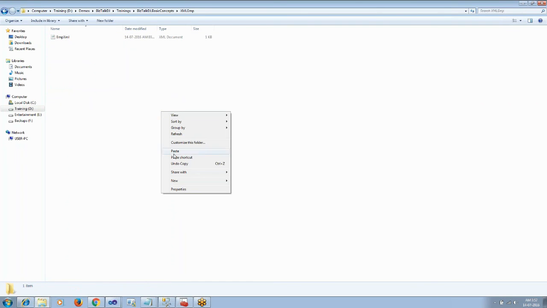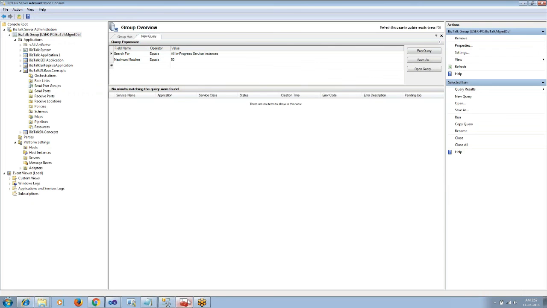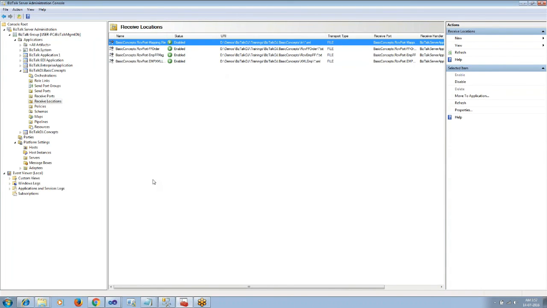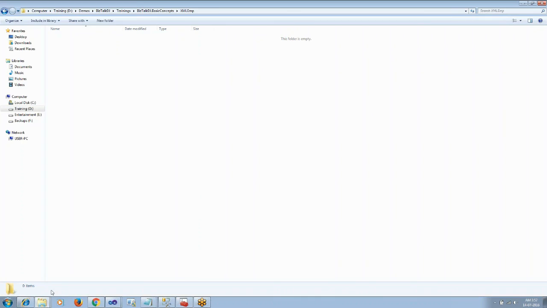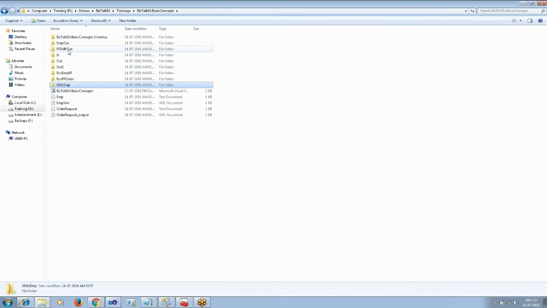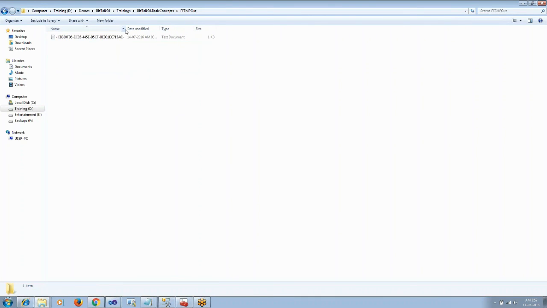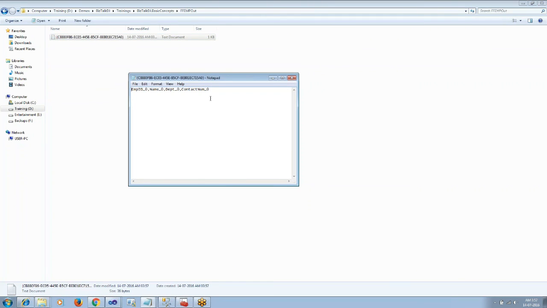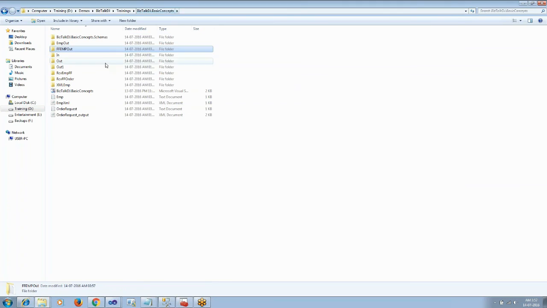Let me enable the receive location. And once the receive location is enabled, it got processed and we have a flat file that is containing the employee record.